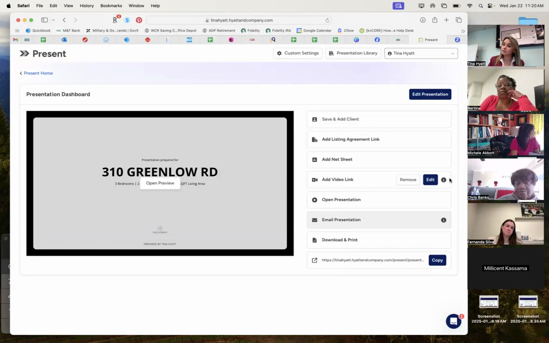This is what that timeline looks like. If you think you're going to be done with your repairs by this date, I would love to have the photographer ready to come in on this date to get the photos done. I'm going to get the signpost installed that week. The panel's going to go up. Here's our timeline, right? I want to be proactive with that, but I want to get that listing agreement locked in now.